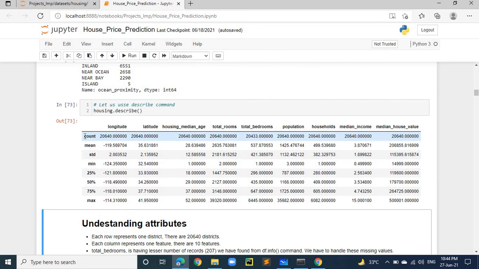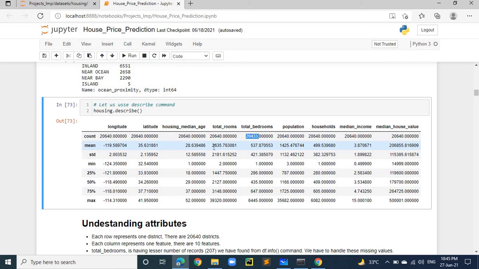The first section shows the count, that means how many records are there. As we saw earlier in info, it is showing similar information here also, that total bedrooms has a lesser number of records than other attributes.